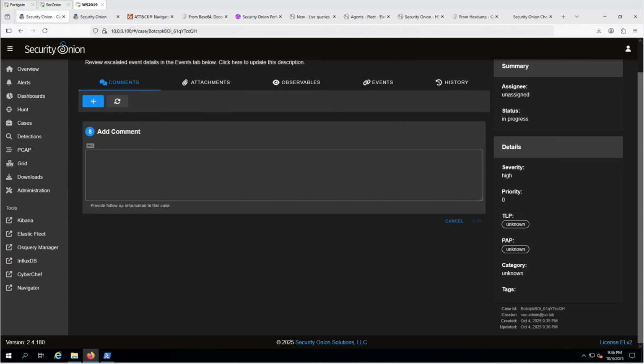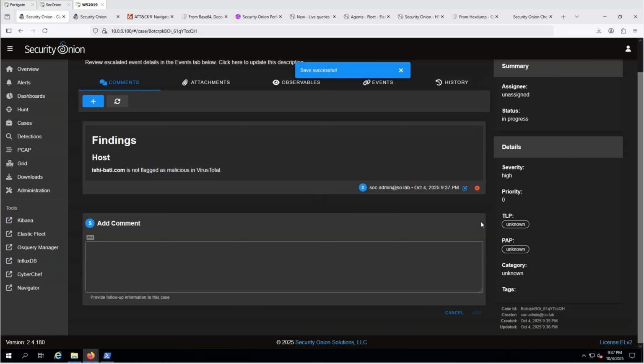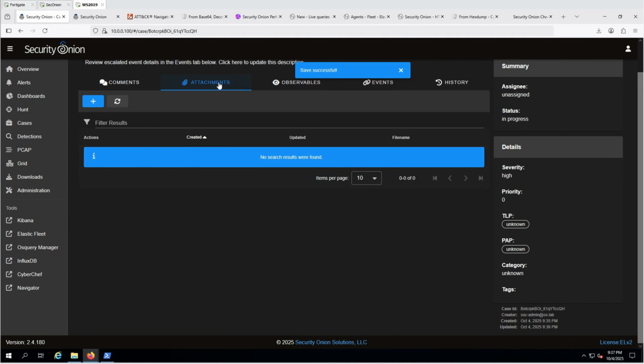Each comment is automatically tagged with the author's username and a timestamp. For example, you can add the following note. The Attachments tab lets you upload files or artifacts related to the investigation. For example, you can attach relevant Sysmon logs, Windows event logs, or any other evidence that supports your analysis of